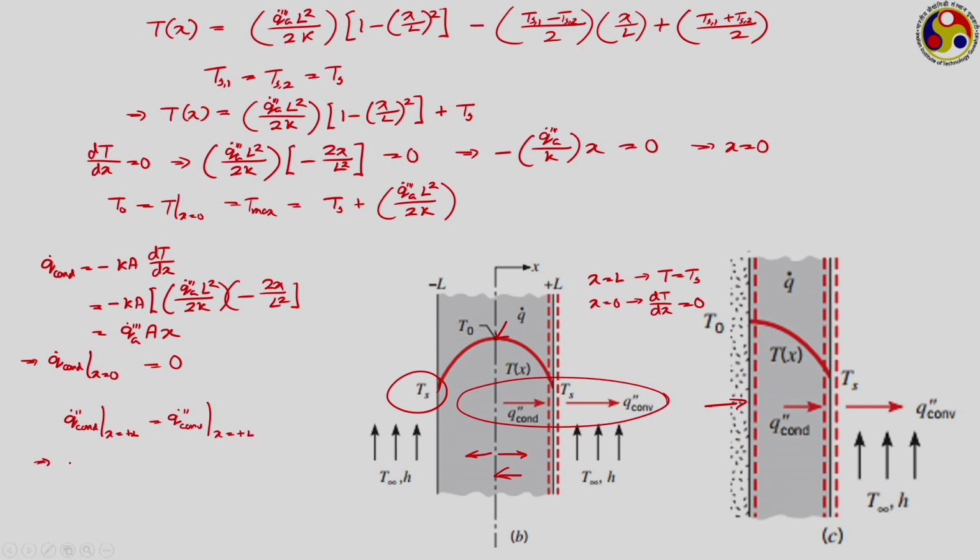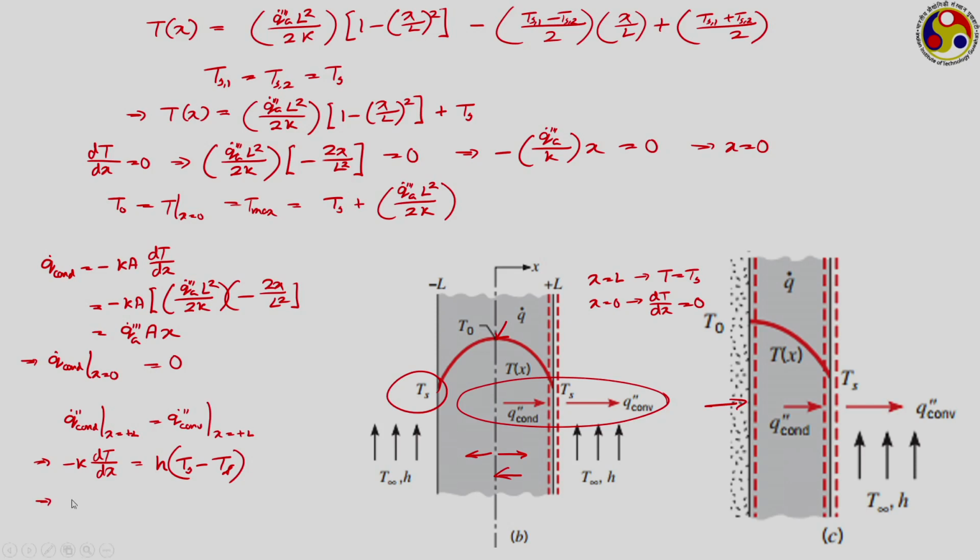So, what is your conduction heat flux? That is equal to minus k into dT/dx, and the corresponding convective heat flux will be equal to the heat transfer coefficient h into the surface temperature T s minus the free stream temperature T infinity. The expression for dT/dx we have developed. So, putting that in, if we have knowledge about T infinity and h, you can easily identify T s from here, and subsequently you can incorporate that into your analysis, because if we want to get a closed form expression, let us quickly complete this.